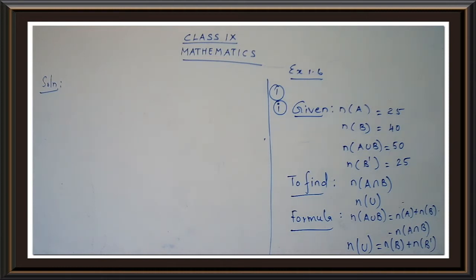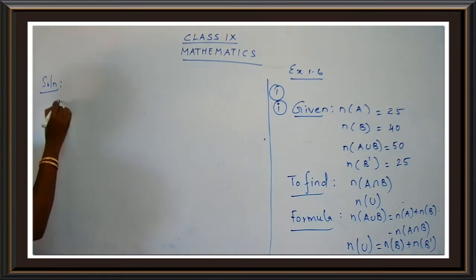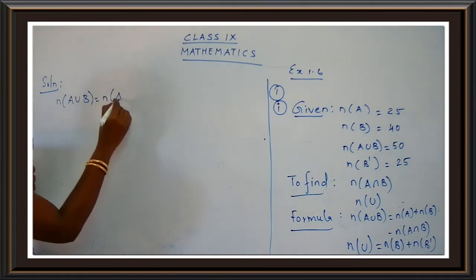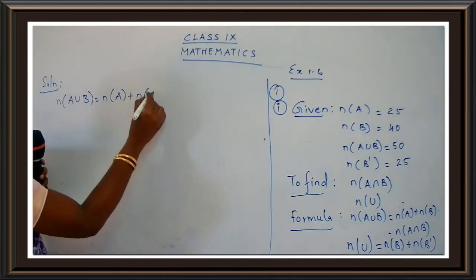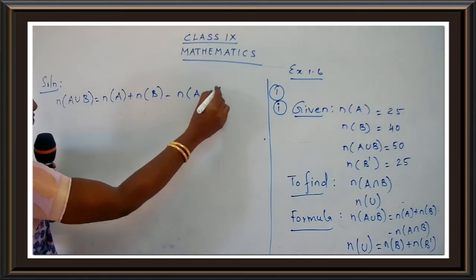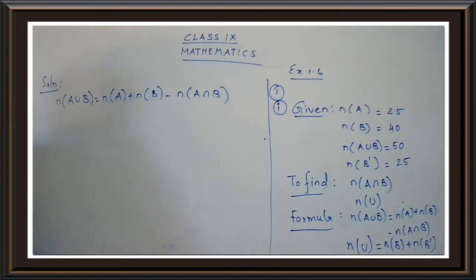Okay, so let's go for the first part. What is the first part? n of A union B is equal to n of A plus n of B minus n of A intersection B. So write down the formula first as it is. So n of A union B is equal to n of A plus n of B minus n of A intersection B. Okay children, now what we are going to do here is just substitute the